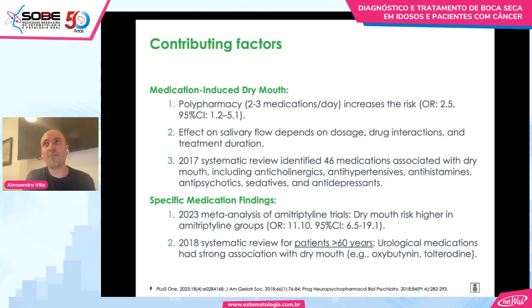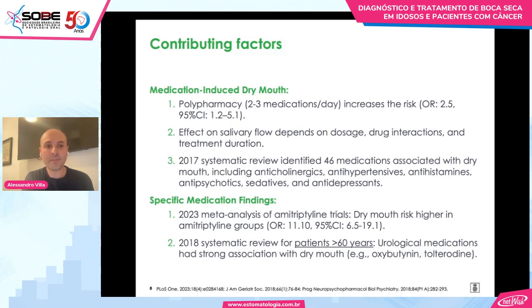And usually the effect of medications on the salivary flow depends on the different drug interactions, how long the patient was receiving this medication, and the dosage of the medication itself. A few years ago, back in 2017, there was a systematic review that included 46 medications associated with dry mouth, and these included antihypertensives, antidepressants, sedatives, antipsychotics, and antihistamines, which have been associated with the highest risk of dryness